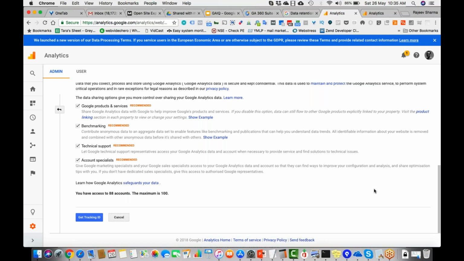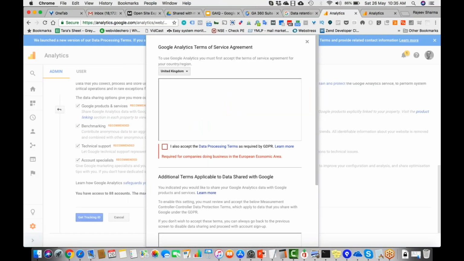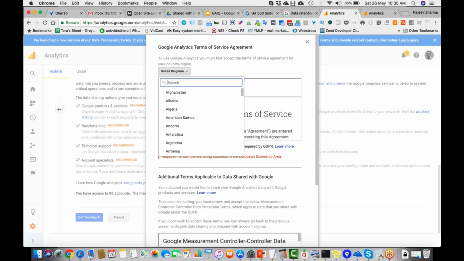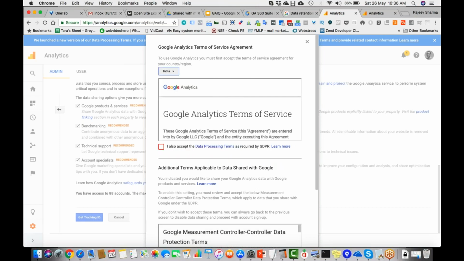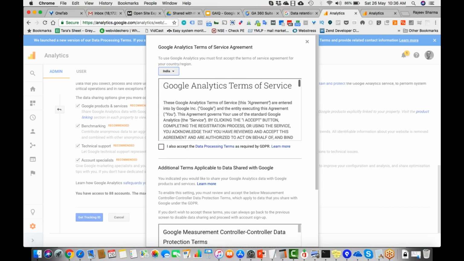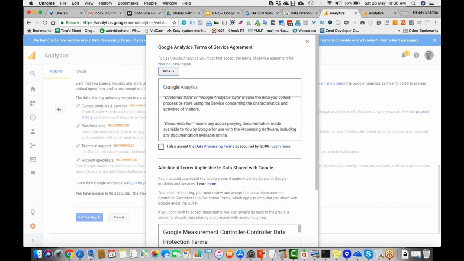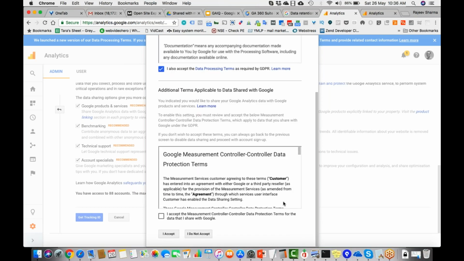Guys, is that clear? Are we clear so far? Now at this stage, you click on Get Tracking ID, and then you have to choose your country from here, where this business is based. If you love reading this, you read this. Generally people don't read and they say, okay, I accept this. And at the bottom you click